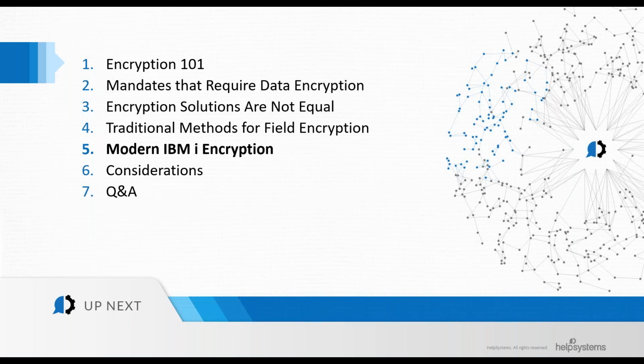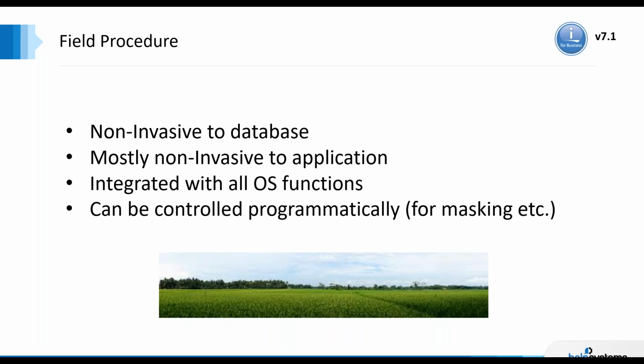So where do we go from there? We've talked about the ways you can encrypt, and unfortunately, there are some significant downsides to using those. But starting in version 7.1, life got a lot easier for many of us. There was a new function added into 7.1 known as a field procedure, or often referred to as a field proc. This is something that is non-invasive to the database, which was dramatic in the benefit that it brought to